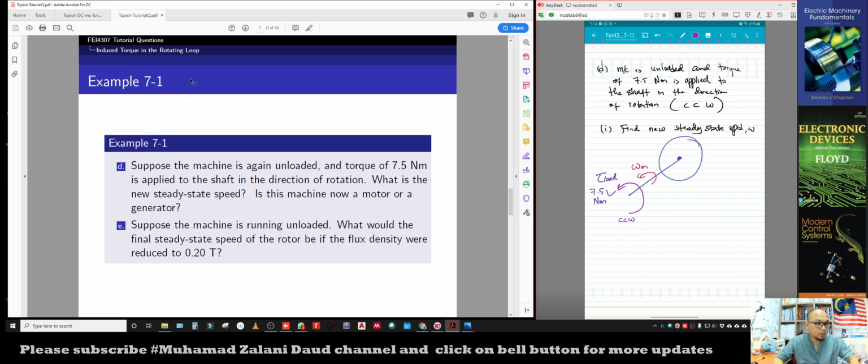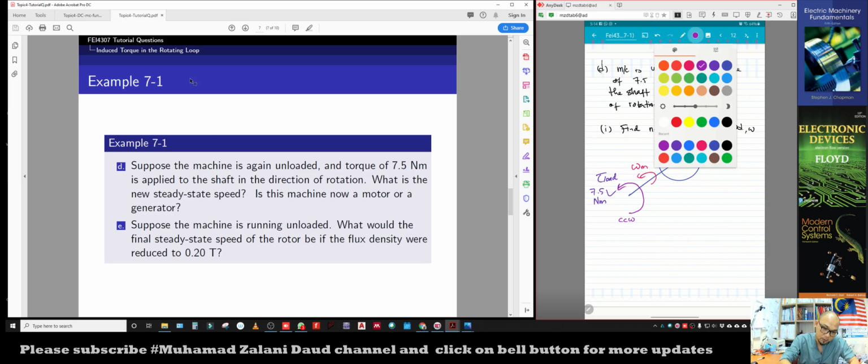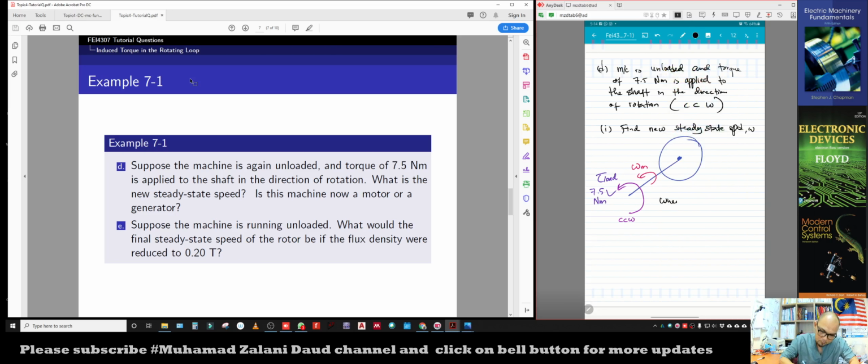So when tau load in the same direction of omega m is applied, the rotor